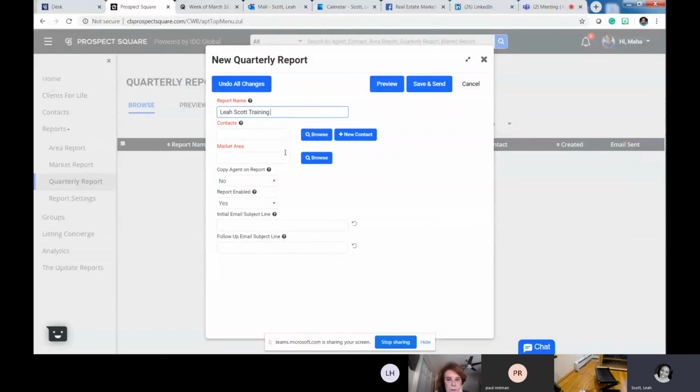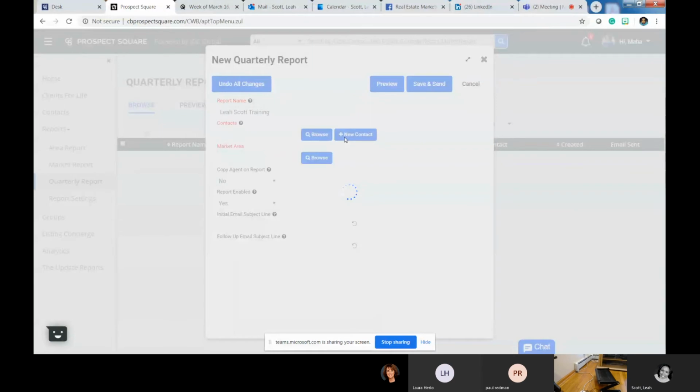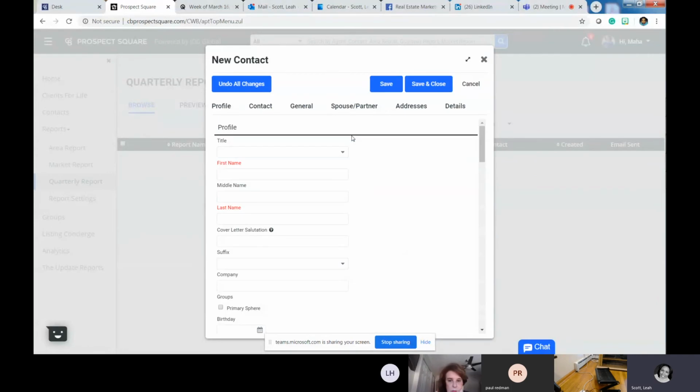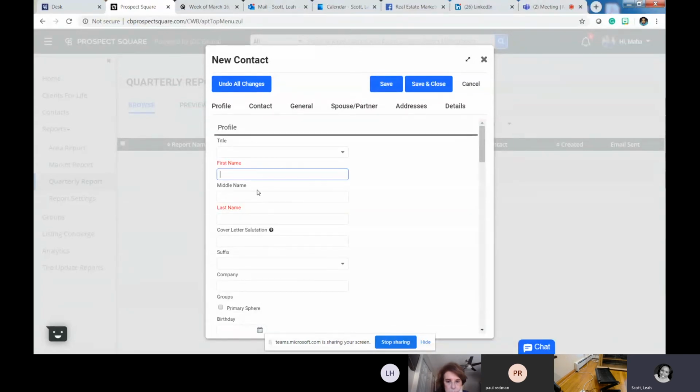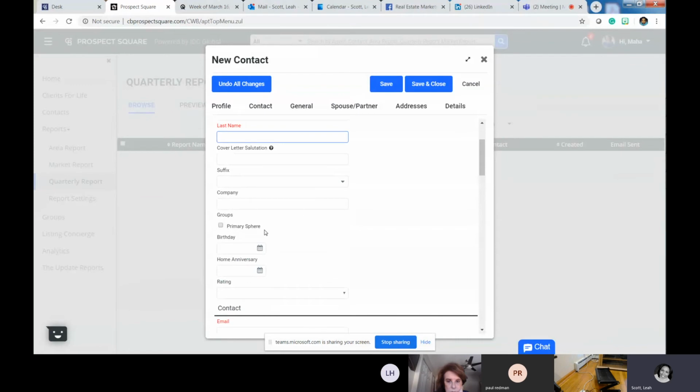Okay. Here's where we will add our contact. So if you are adding a new contact at this time, you'll go through the process of adding that new contact. I won't do that right now. I believe I am a contact in this agent's account. However, the fields that are necessary are highlighted in red. So first name, last name. And if you do want to add this contact to your primary sphere